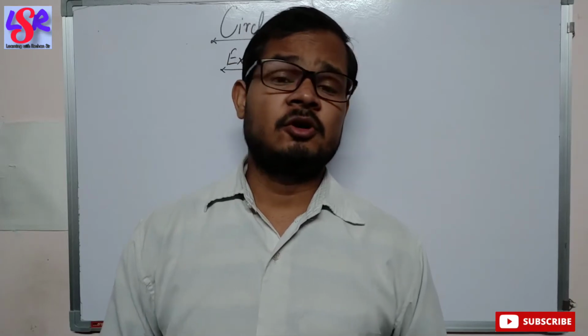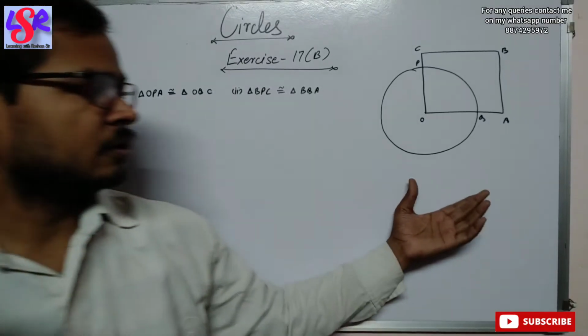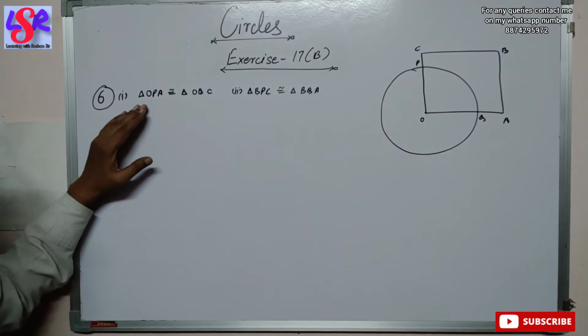Hello everyone, here we are going to continue with exercise 17b of the chapter Circles. We have already done up to question number 5 in our previous video. Now we'll be doing question number 6. Here in question number 6, we have this figure in which we have to prove the triangle OPA